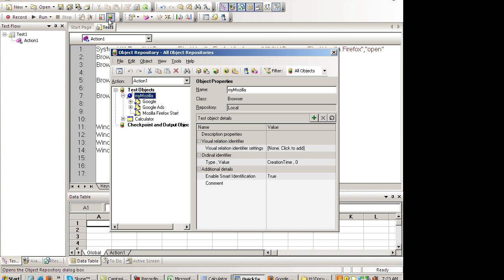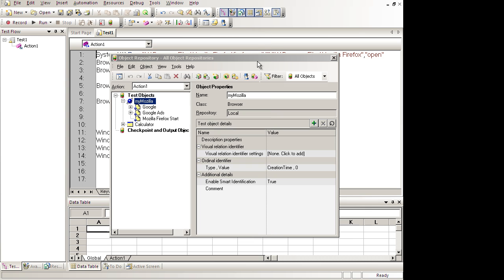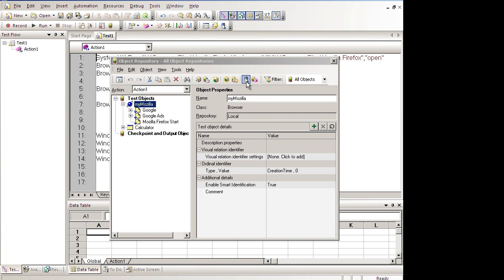Now let's move further on and see what the difference is between object repository and object spy. Earlier I had told you that this is my object spy. It's also there with the repository over here. When you click on this icon